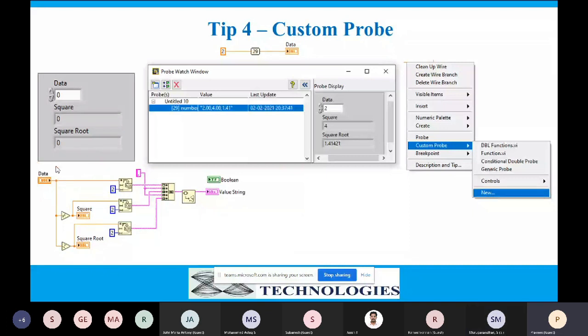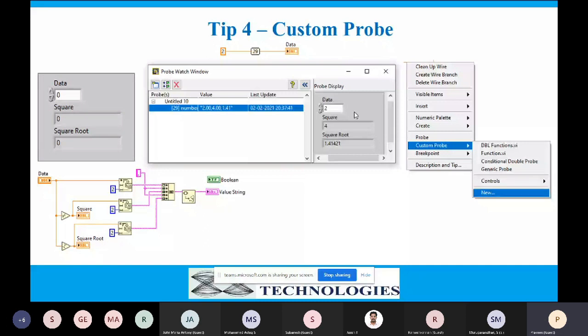After that, I saved that program. Wherever I call the probe and fix the probe on the representation of DBL, I got a probe like this. Since I have modified the default program, I easily get the square and square root of values. It doesn't require calling the x square or square root functions inside the block diagram, or watching them, right? So we can directly view these functionalities in the custom probe as well.